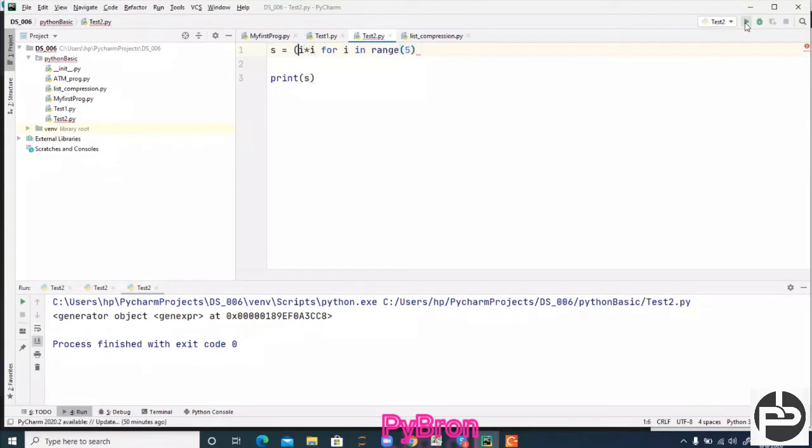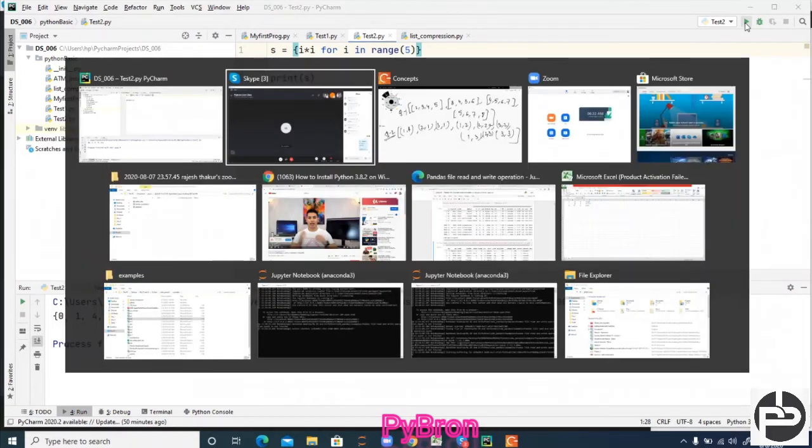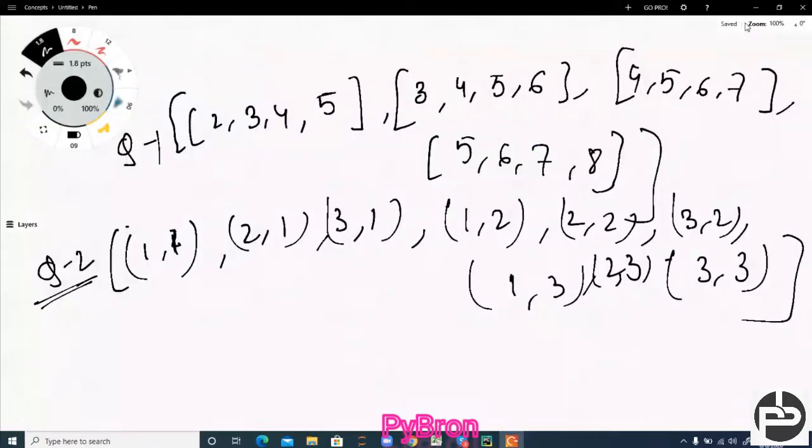So in case of tuple it is not possible. In case of set, list and dictionary, you can do it happily. Just change the outer bracket, nothing else.